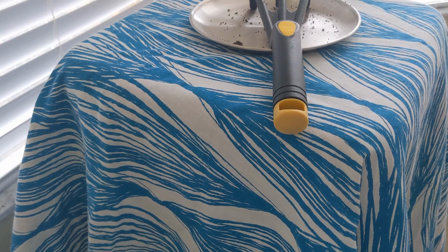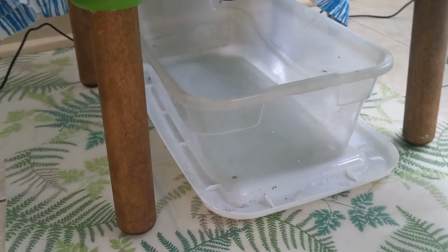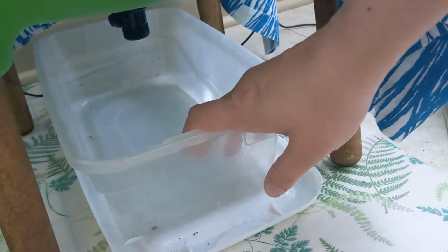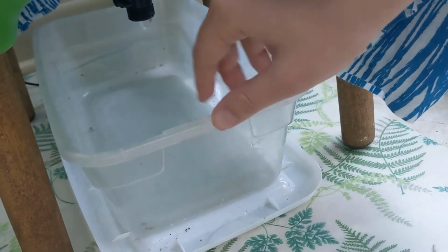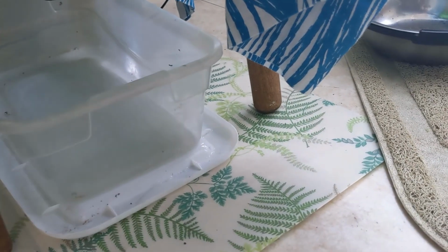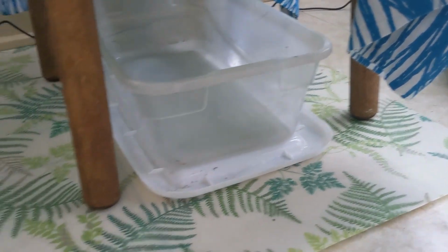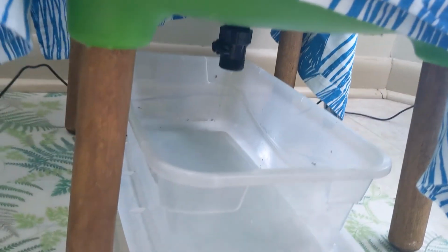I also, not to be super gross for those of you who aren't good with these things and are a little unsure about worms anyways, but just so we have a comparison for next time, I did wipe down the floor, the placemats, and my emergency drip tray here, just in case there were a few worms in between the dogs, like Moose literally eating right here. It got kind of dirty in general, and there was kibble and a few random worms that had made an escape. So right now, you can see it's clean. There's no worms that have escaped. So this will be a good indicator for me